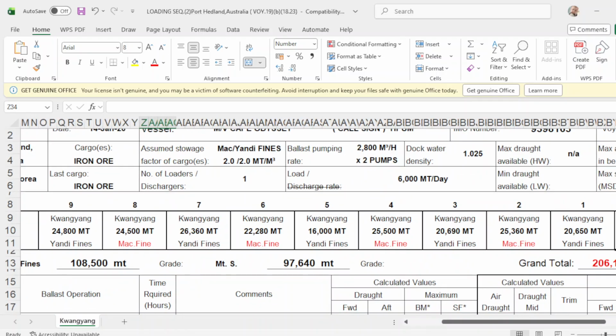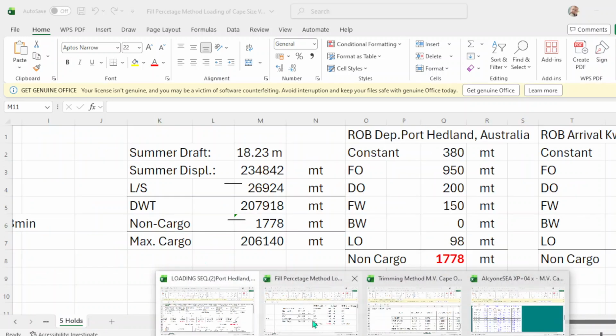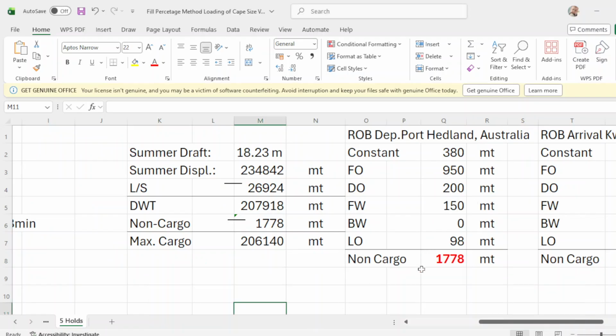Okay, so this is how you compute your total cargo to load of 206,140 using this equation. So your summer drop and summer displacement minus your light ship equals dead weight. Your dead weight deducted with your non-cargo, which is this one. Then your maximum cargo to load is 206,140 metric tons. Okay.